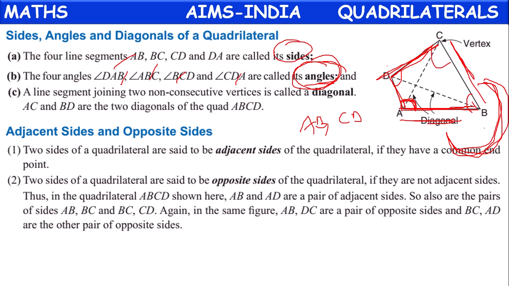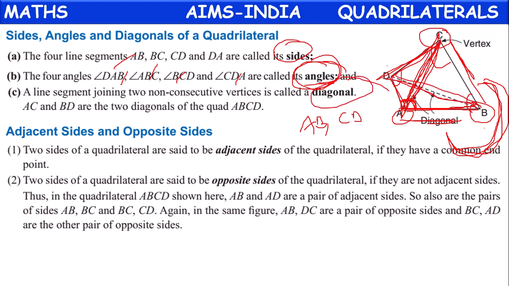Or this A, B are called consecutive vertices. This A and C are called non-consecutive vertices because they are not side by side, or they are also called opposite vertices. So the line joining the non-consecutive vertices or opposite vertices, this AC and BD, these two line segments